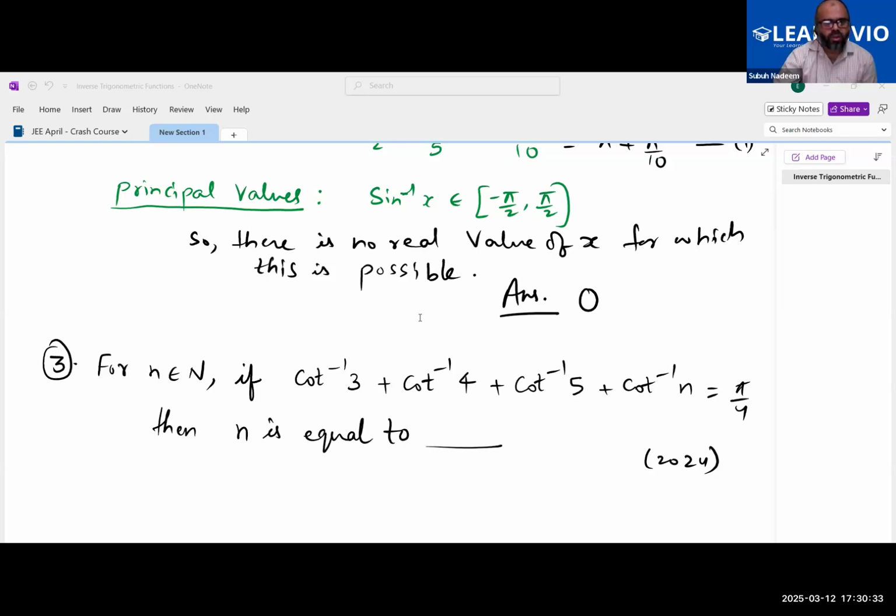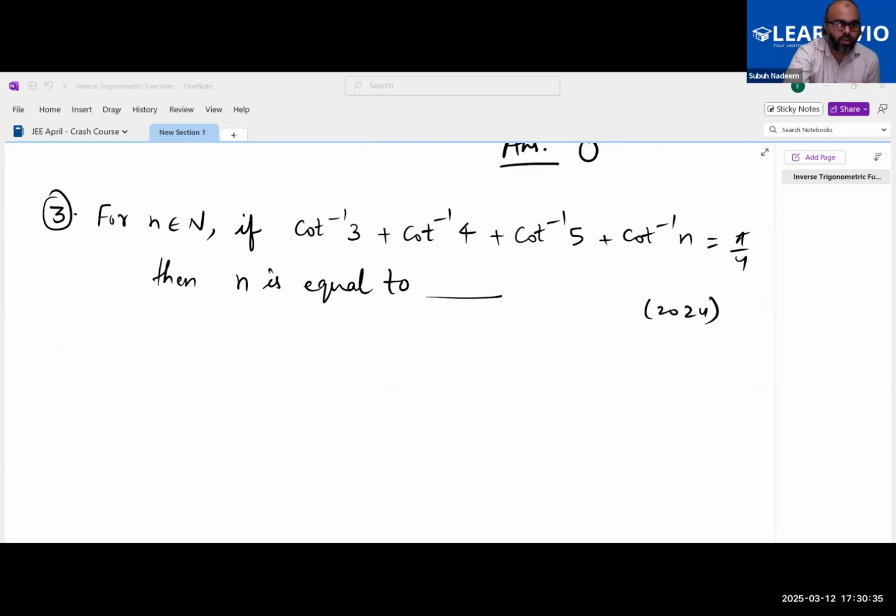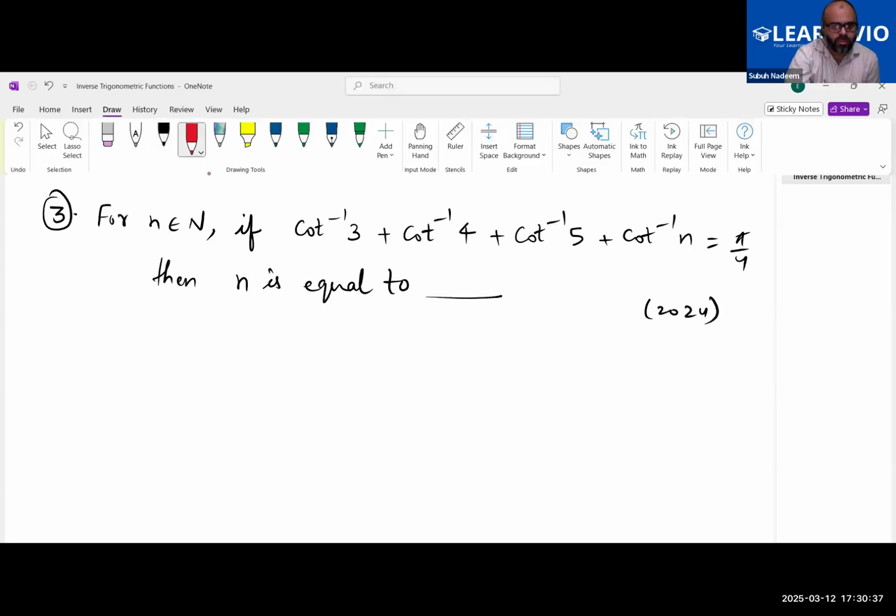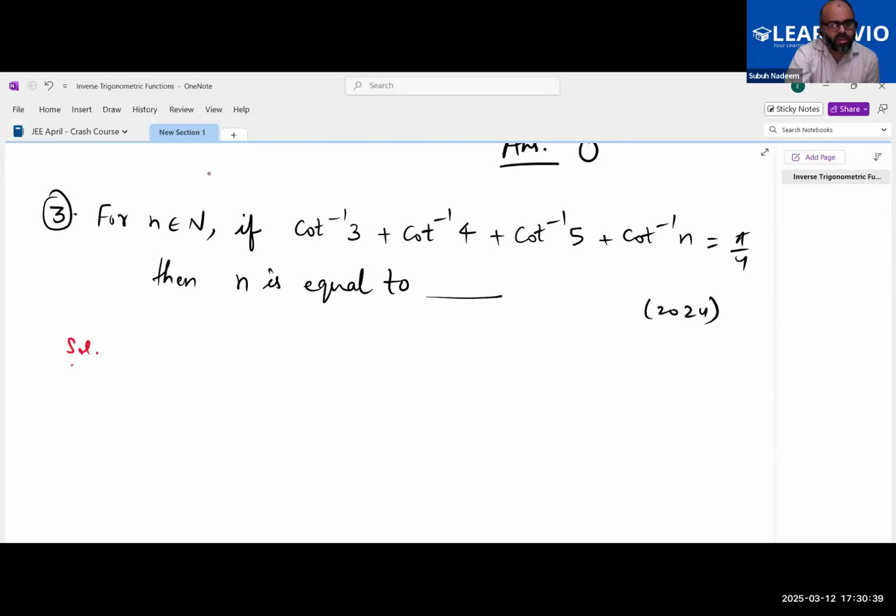So what you can do here, I'm not explaining every step, I'm just giving you some initial steps first. There is a formula which says